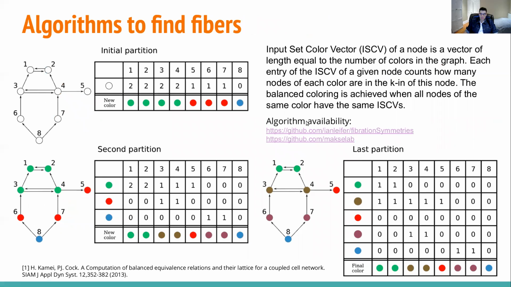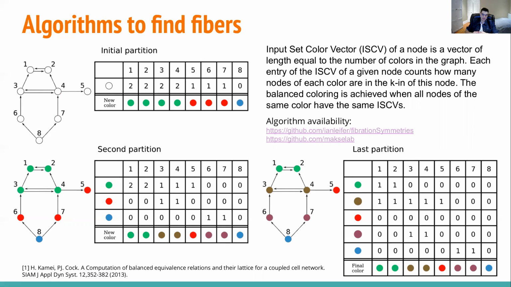Now the next thing is, how do we find the fibers? This is cool, but how do we find them? Well, I'm not going to go deep into this, but really fibers are equivalent to balanced coloring, or specifically, fibers that correspond to the minimal surjective fibration correspond to minimal balanced coloring, or minimal balanced coloring also corresponds to equitable partition, and this